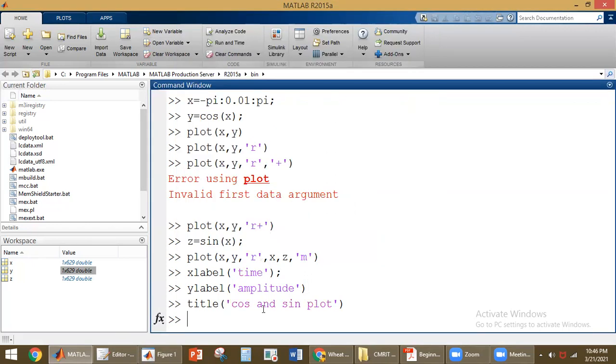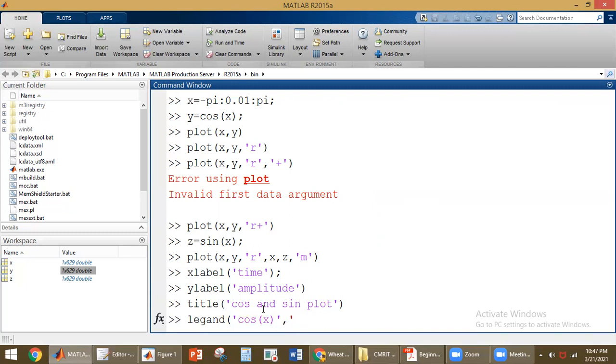And for example, now we have plotted two figures here. Now we want to distinguish which figure is which. For that we have to use legend. You have to use the keyword called legend. Your first plot is cos of x, and the second plot is sine of x.